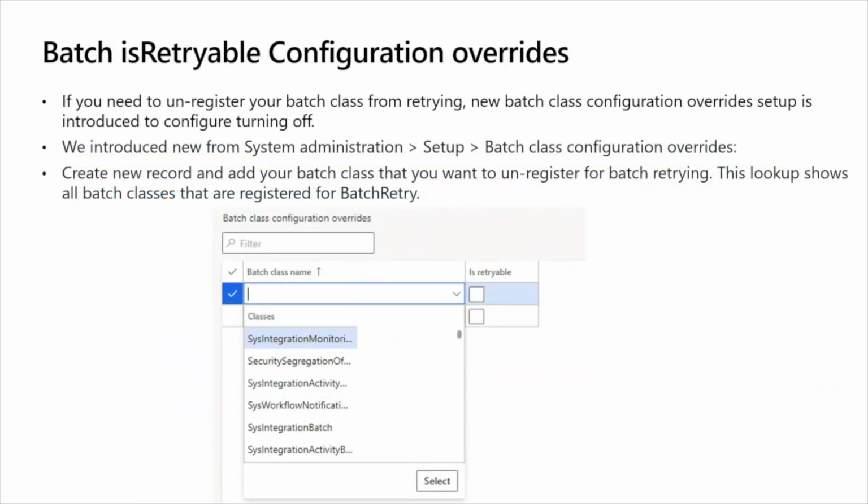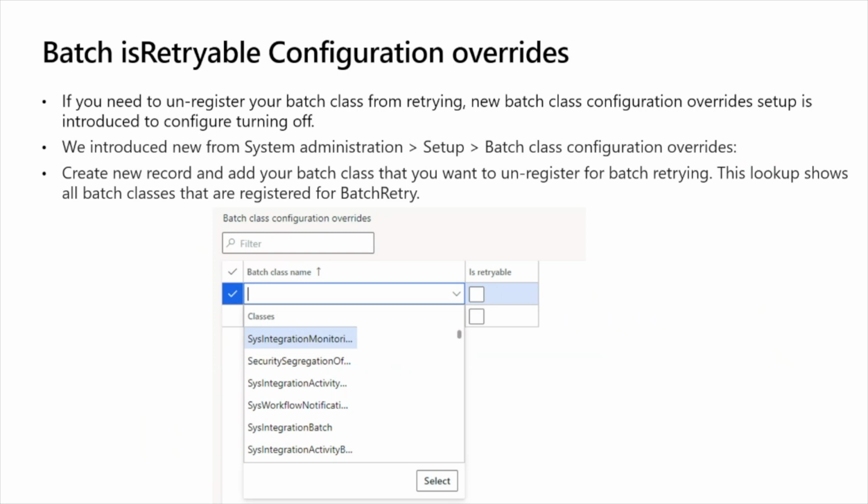Now, the question comes: we have written code for a batch to be registered for retry. What happens if my batch is not behaving the way it's supposed to with the retry? Do I need to make a code change, remove that interface and set the method to false? To answer that question, we introduced a configuration form within system administration setup called batch class configuration override.